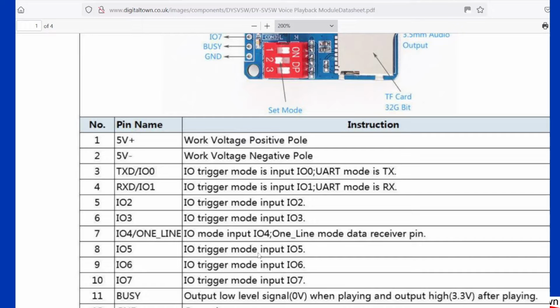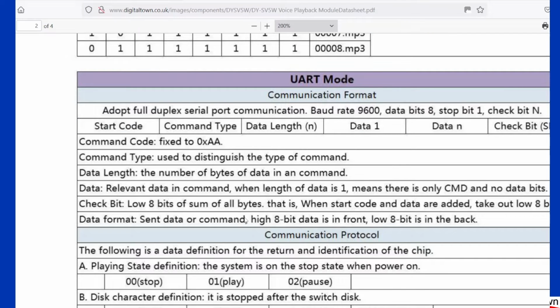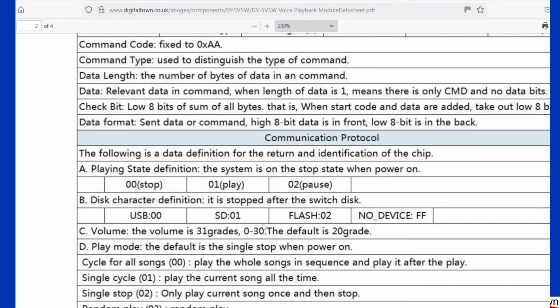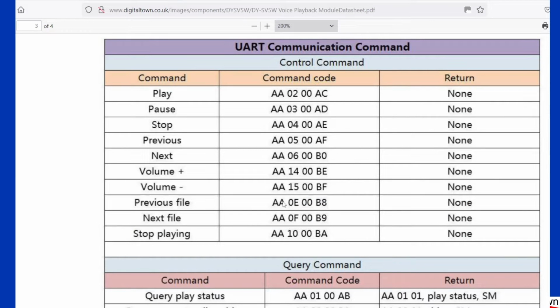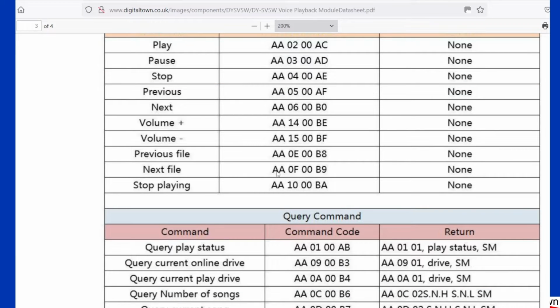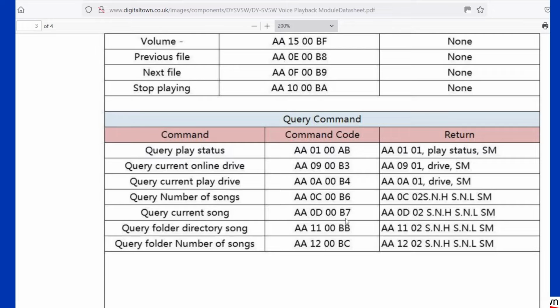Now, if we go down through the data sheet, we get to UART mode, which is the mode we're going to be using, and there are all sorts of commands here to make the unit do what it wants. There are some oddities compared to the DF player that we'll see in the code. One of the oddities is that when the DF player plays a track, when the track ends, it actually sends information back to your board over serial, whereas this board doesn't. You can query the board, but I found as I queried the board, it affected the way the track was